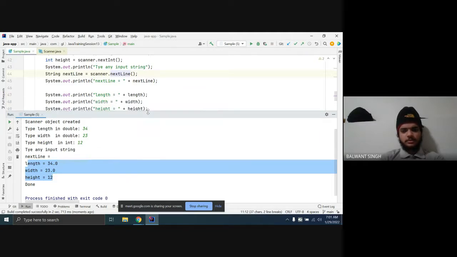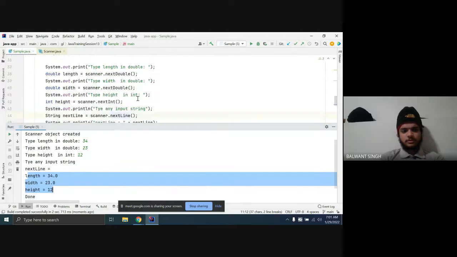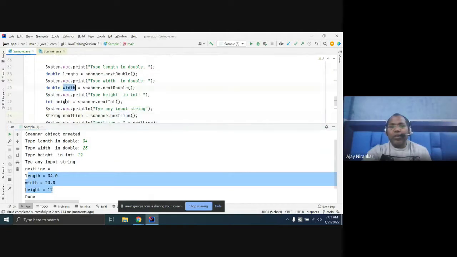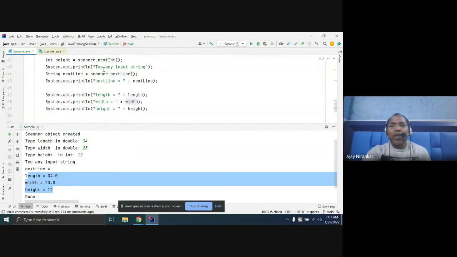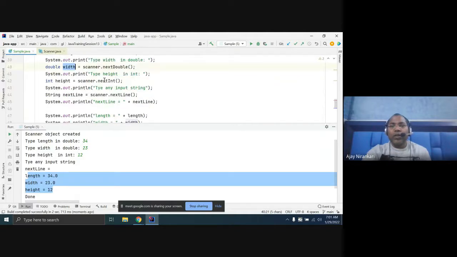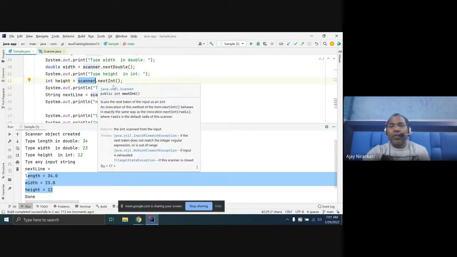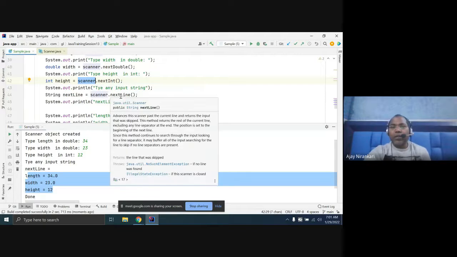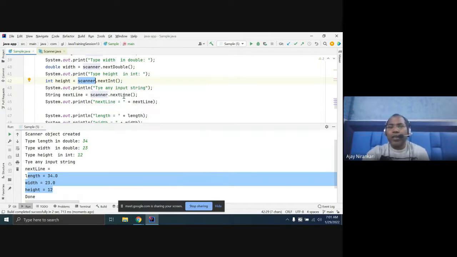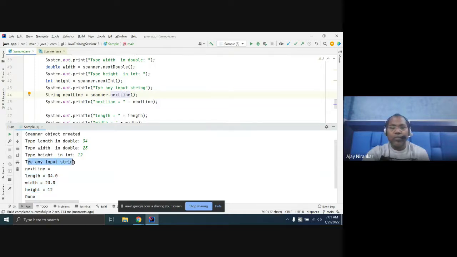You are trying to say that here I want next int. After that I want to get next line, right? Yeah, next input. I can get next int, but I'm not able to. Here I am getting the output, but after that it will print blank, right?